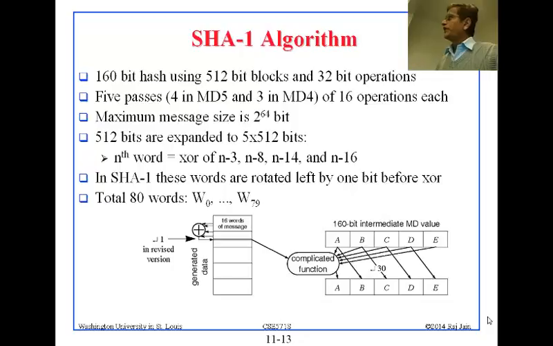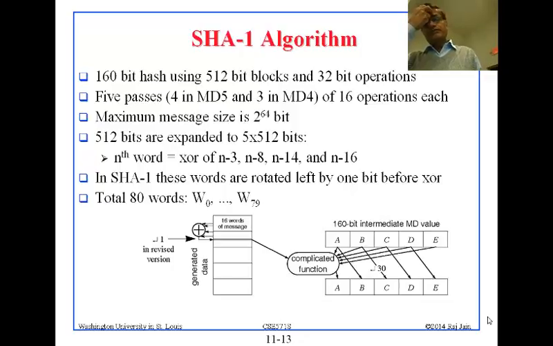So suppose you want to find out what is the 50th word. For the 50th word, you will have to do 47 and all those numbers. And those words themselves are calculated by the same formula because all you have is 512 bits, which, divided by 32, will give you